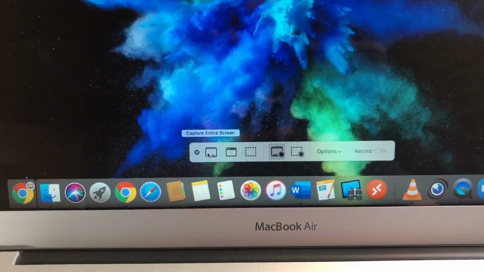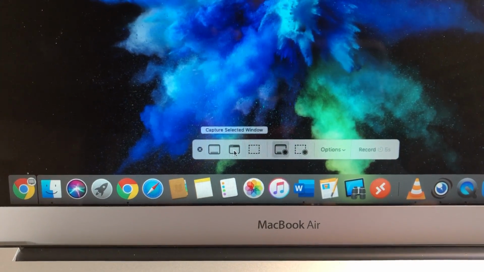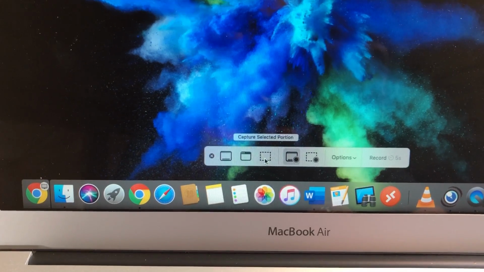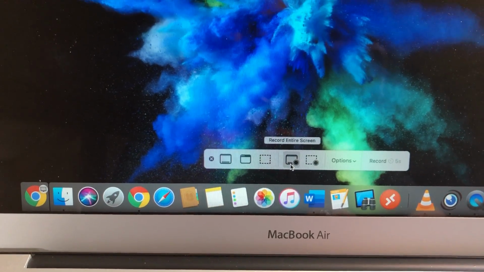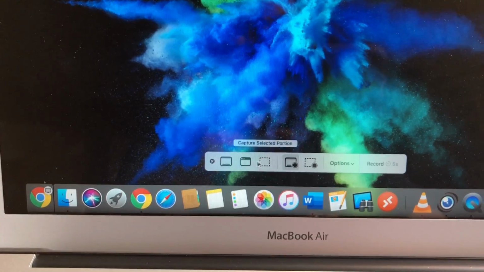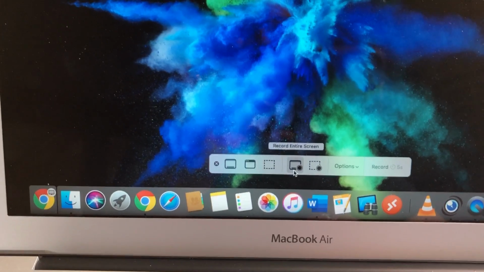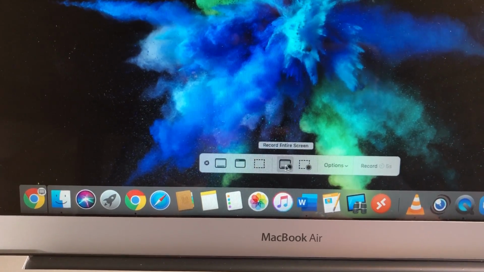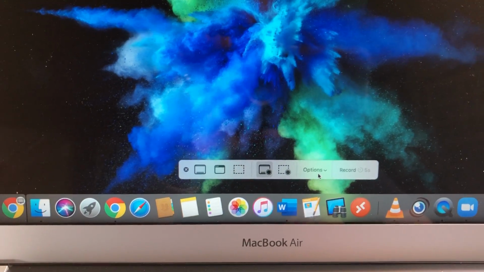If you take notice, this will capture the entire screen, or just a window, or just a portion of the screen. I want to record the entire screen, so these are just pictures, but these are your videos. So if I want to record my entire screen, I come over to Options,